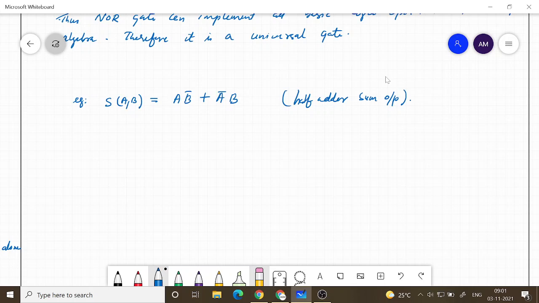So if you directly implement it, as this is given in SOP form, you can implement it in say 2 stages if A bar and B bar are available. Otherwise you require 3 stages to generate. Usually in circuits these complement forms are available. Otherwise you have to generate them. So let's do it in 3 stages, where we generate first A bar and B bar, and then we will implement. So you have A and B. These are the inputs.